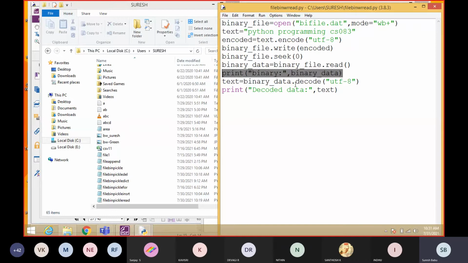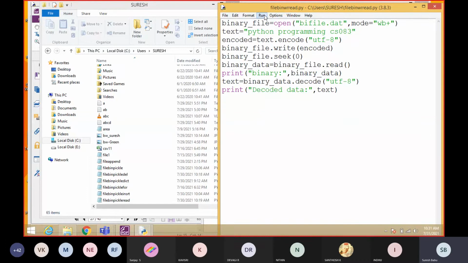Actually, first, without decoding, because we did an encoding for converting text to binary format. So we used exactly this one. If you need to show the original text, you have to decode. That is the opposite side. You have to decode using the same scheme. Encoding, decoding. After that only, it will display the original data.